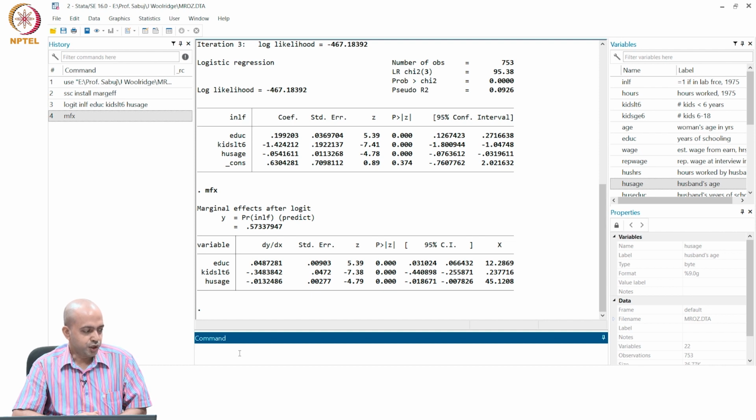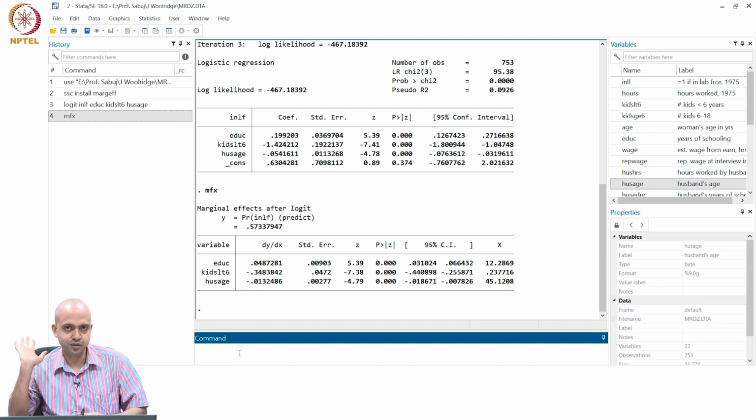So now you can say that for a unit change in education, your labor force participation changes by 0.04 unit. Now we need to discuss a little more on this marginal effect. First of all, when I am saying that for a unit change in education, the probability of labor force participation of a married woman changes by 0.04 unit, that means whenever you want to measure a change, the change has to be made based on some reference point. If you don't know the reference, then the change concept does not make any sense, right?